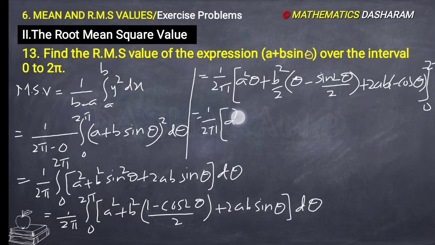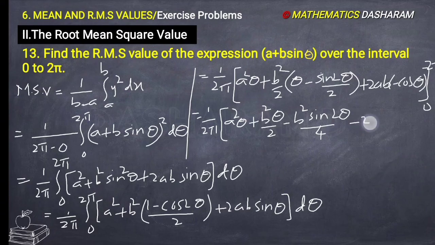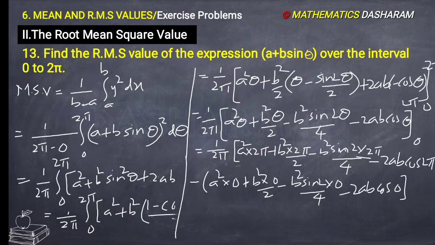Here a square into theta. Here b square by 2 multiply inside, b square theta by 2 minus b square into sin 2 theta by 4, minus 2ab into cos theta, 0 to 2 pi. Then it is equals to 1 by 2 pi integration, substitute the upper and lower limits. So it is equals to 1 by 2 pi bracket of here a square into 2 pi